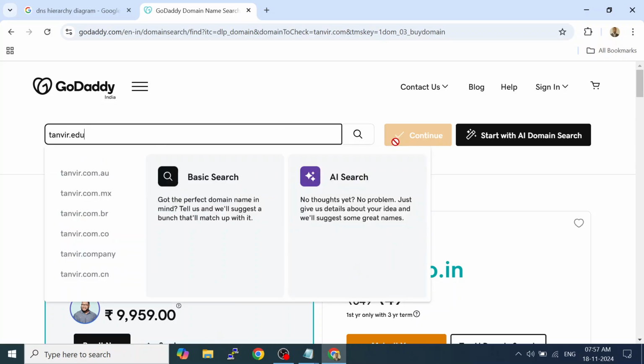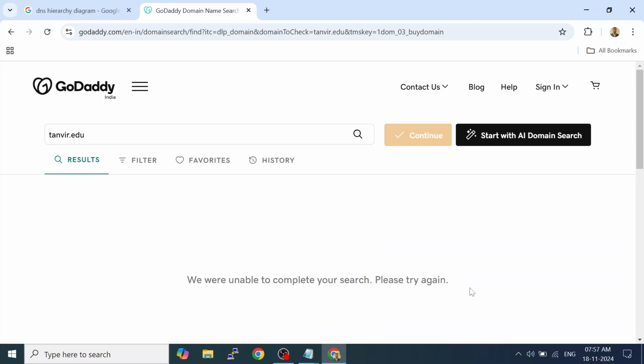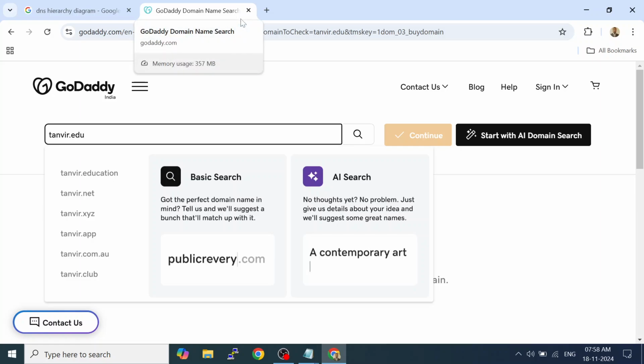If I search for EDU, I have education, net option, app, club, like these options. That's it. So these .net, .xyz, .app, .com.au, .co.in, these all are top level domains.